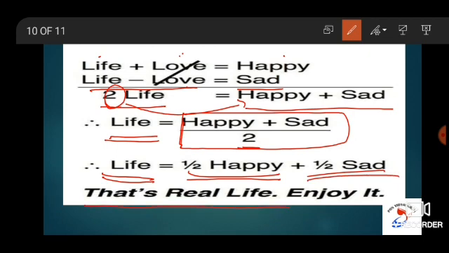That is actually the real life. Please enjoy it. Everything will change at one point of time. So you have the combination of both happiness as well as sadness. One more thing, even if you are having a competition, every time you may not be the winner. At some point or the other, we may lose also.